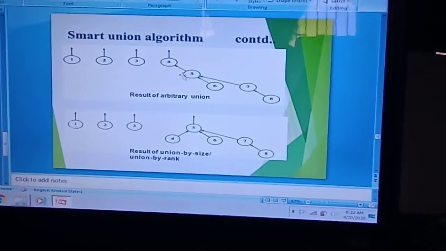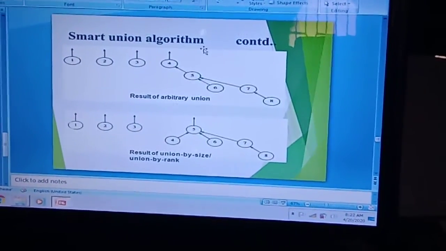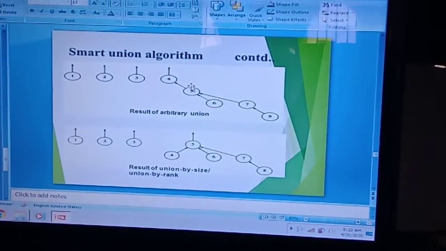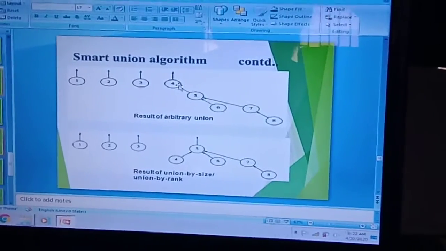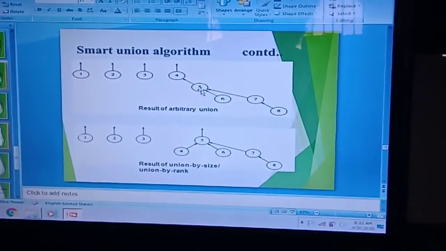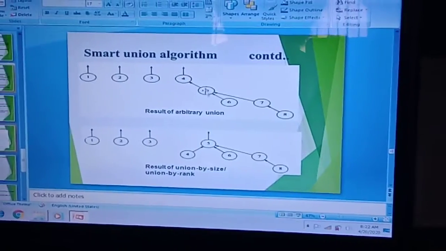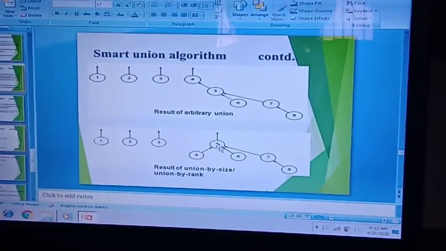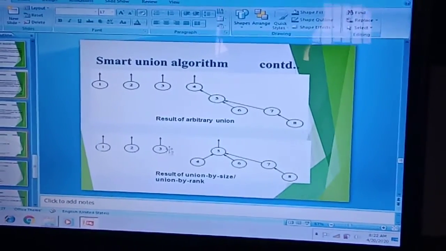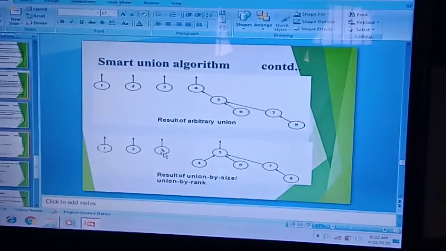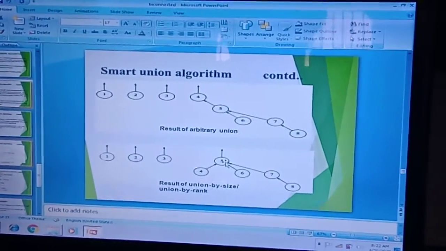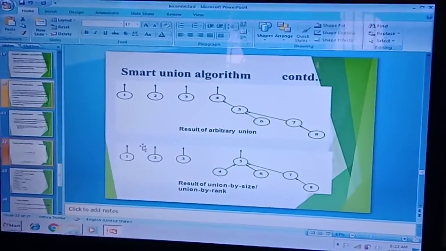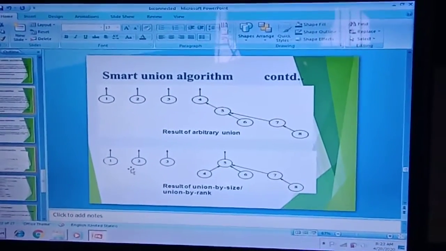But when we are constructing a graph, we always have to follow the rules. This is the first iteration, that is, after 4 iterations, and next when we are adding, you always have to check in the graph or tree that the left nodes are less than the root and the right nodes are greater than the root. So here 4 is less than the root, so you have to add 4 as the left child, and you can add 3 to 4 because 3 is also less than 4 and also less than 5, so it should exist left of 5 and also left of 4, and next 2 left of 3, and next 1 left of 2.